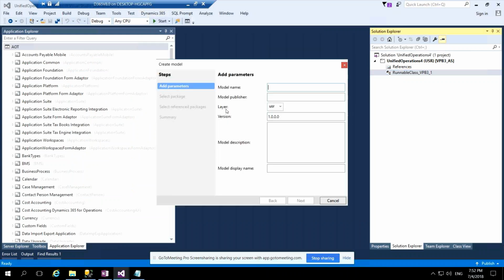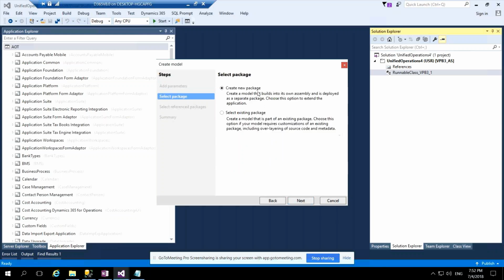Remember, whenever you create a model, I'm not going to create one now, I'll just give some name. You can select the layer, optional, but be on the same page. Click on next. This is the place where you decide whether you want to create your own DLL or use the existing DLL. If you use the existing DLL, it will add your code and content into the existing DLL. And you have to reference the data expansion tool in order to use